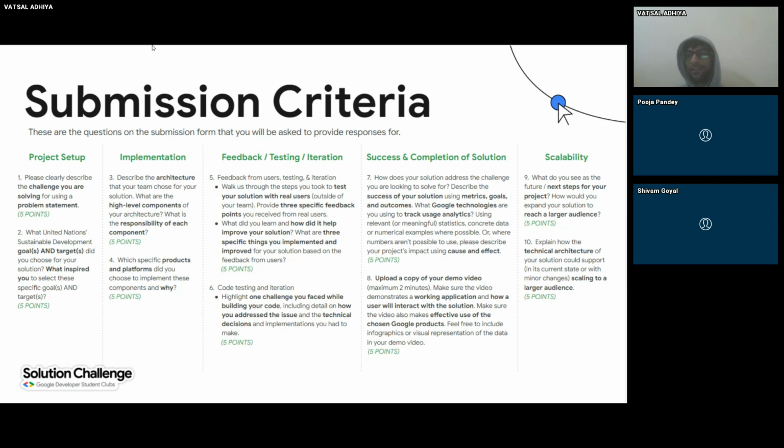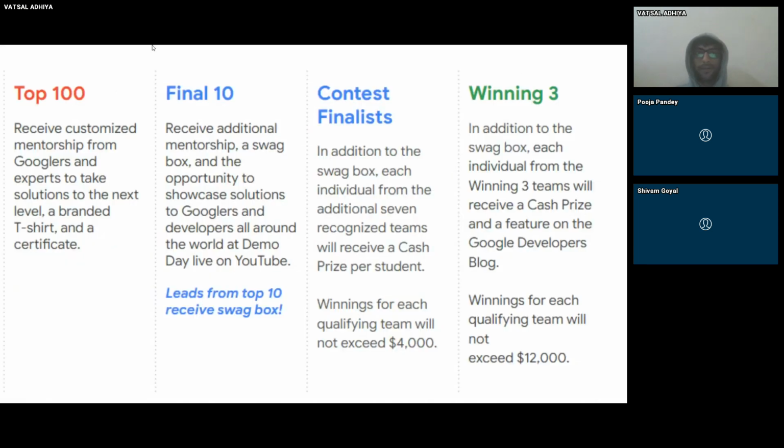After you qualify for the top 100, in the next rounds the code will become important as well. So the project should be scalable so that it can go to a larger audience. It should be like you are planning to release the next app on the scale of Instagram. That should be the scalability of the project. It's not compulsory, but you should try to make such a scalable project.